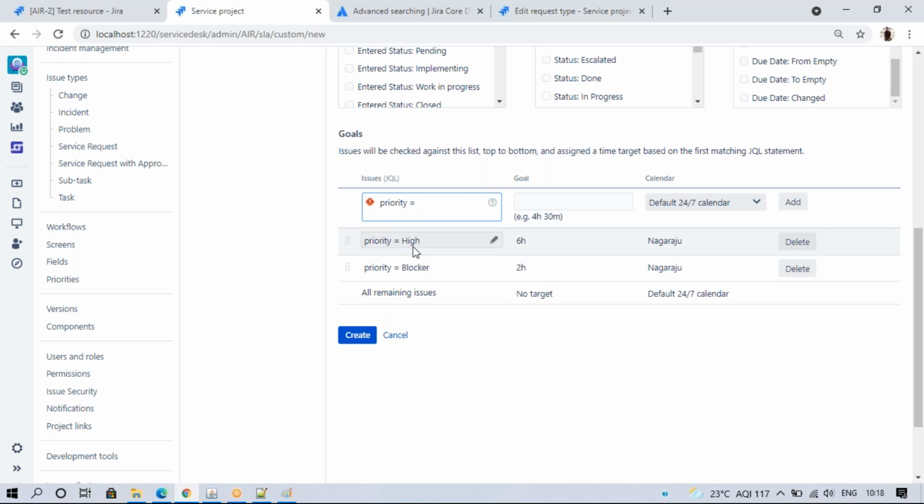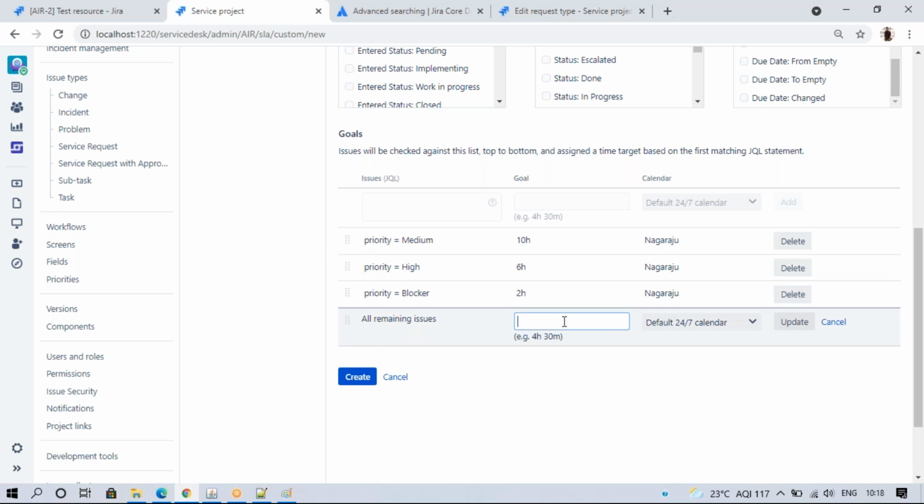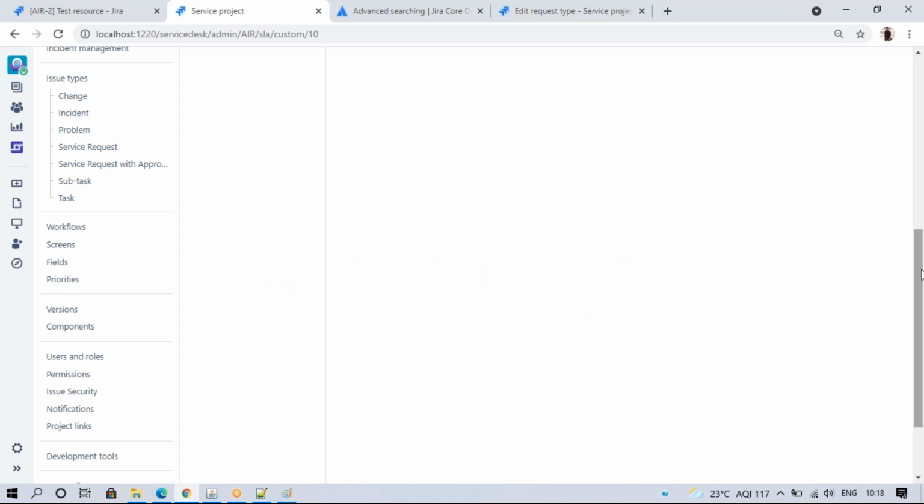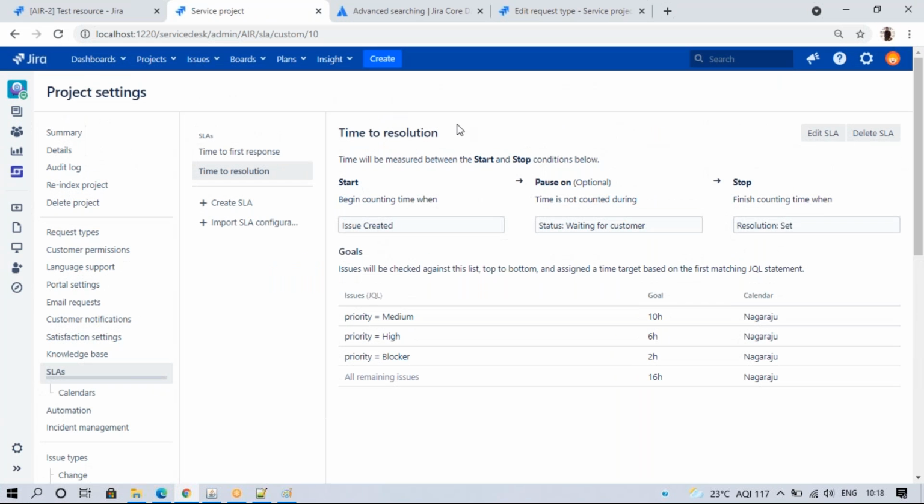Priority equal to medium, 10 hours, and remaining 16 hours, update. Okay, so just create it. Same, this one is the time to resolution: when the issue is created, if it matches these filters, set these goals, and next pass on this time, and when resolution is set, stop this time.